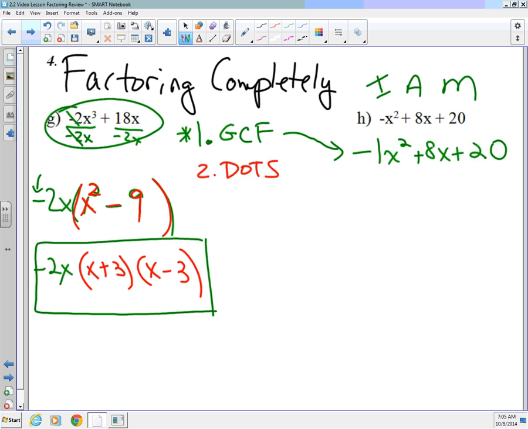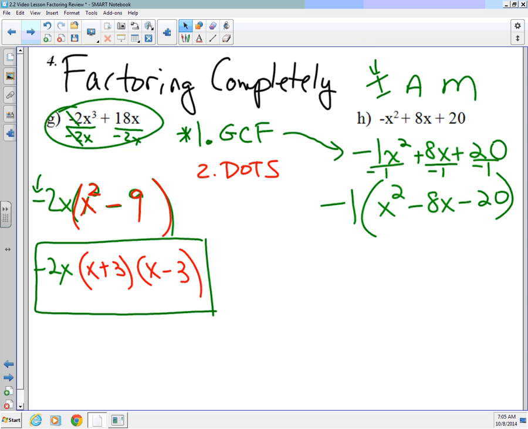So that's exactly what I'm going to do. I'm going to apply a GCF concept to this. And I'm going to factor out a negative 1. While that might not seem to be like a GCF, it really is in some sense. Now, if we do this, watch how nice this becomes. We get negative 1x squared divided by negative 1, which is regular 1x squared. Looks like we're going to get a candidate for IM now. Positive 8x divided by negative 1 is negative 8x. And positive 20 divided by negative 1 is negative 20. And now look inside. This blue stuff is now an IM problem,